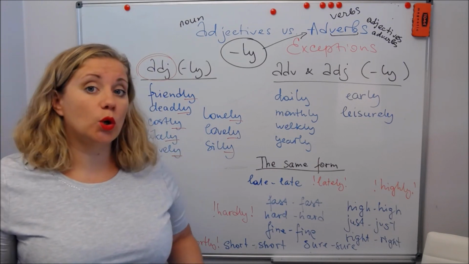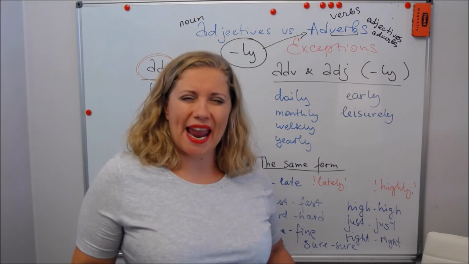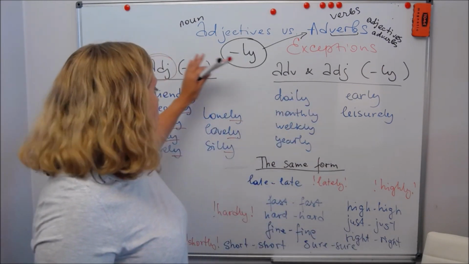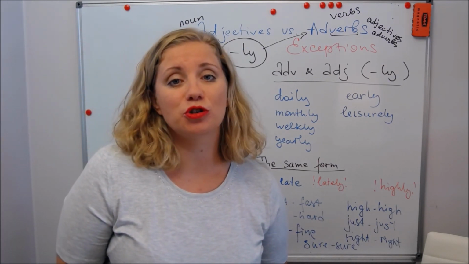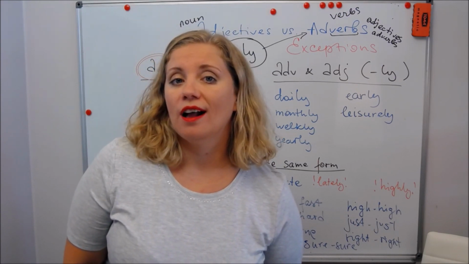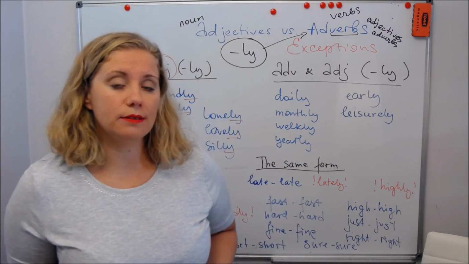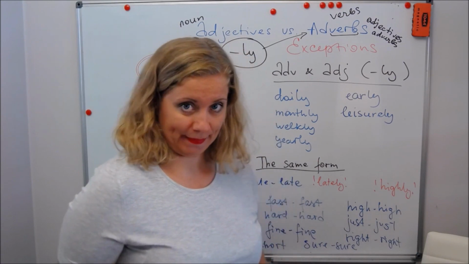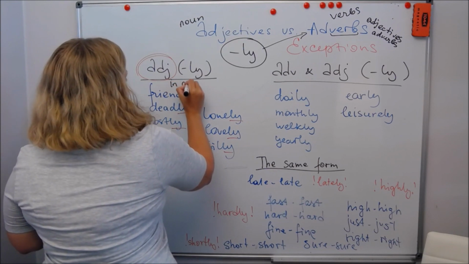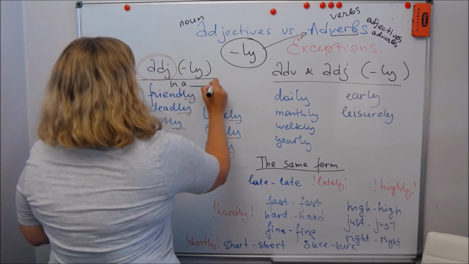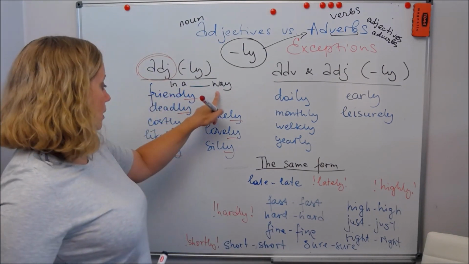The same here. This is very costly. Yeah, this is a very costly purchase. But you can't say to pay costly. No. What you need to remember about this group is that they don't form adverbs at all. You will need a phrase to use them as an adverb. For example, she smiles in a friendly way. Well, way shows the manner. That's why it's typical to use these words in the phrase with way. She smiles in a friendly way.